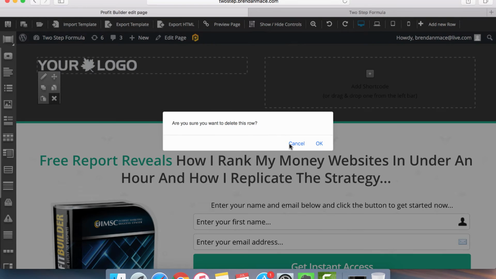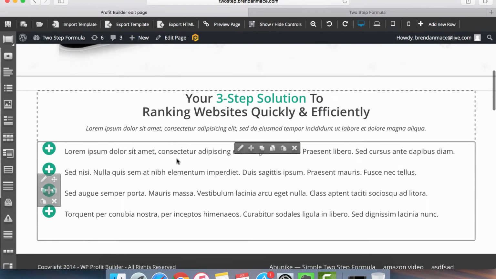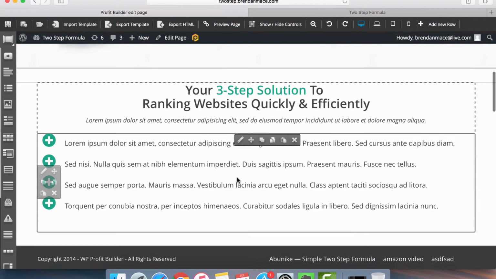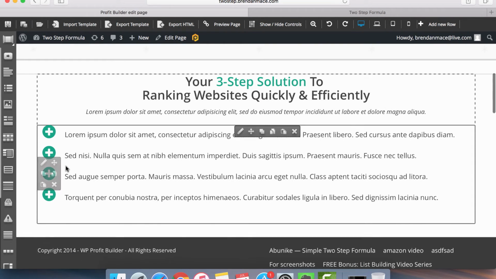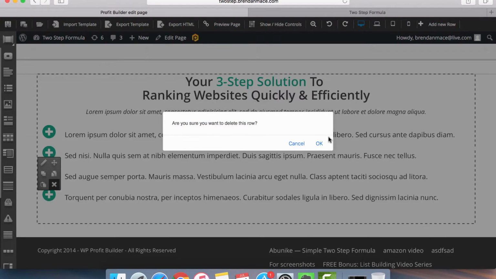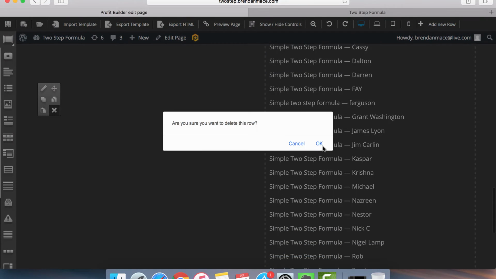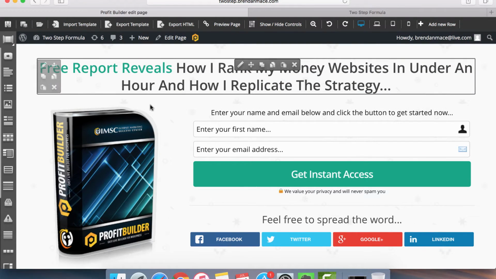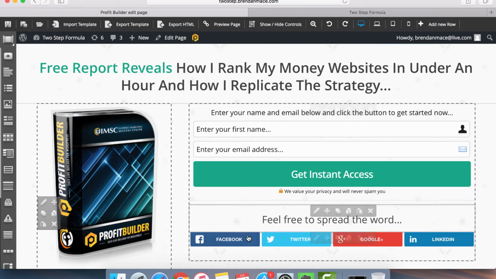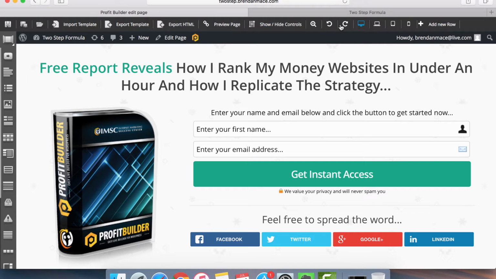row. So I want you to use the row editor on the left side here and click on the X button and just get rid of that top part. Then I want you to scroll down to where it says your 3-step solution to ranking websites quickly and efficiently. I want you to delete everything from this point and below as well, again using the row editor. So you just click on the X button on the side here, and you can get rid of all this junk that's below. So what you should end up being left with is the headline, the image, the form, and